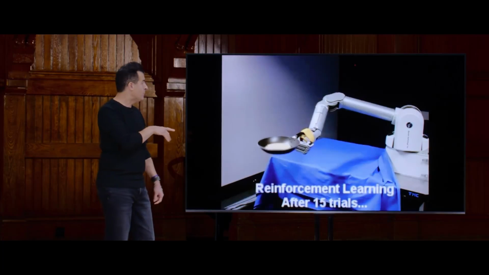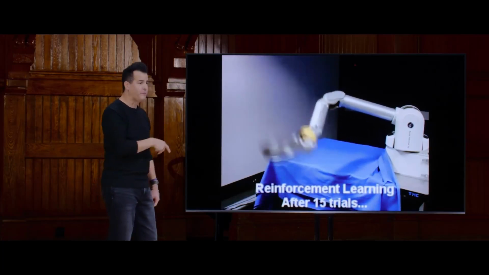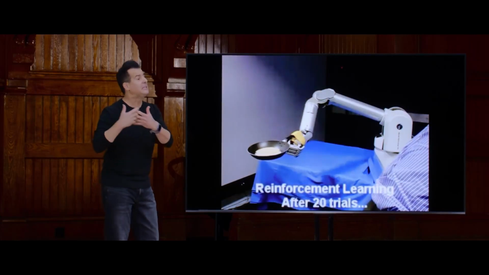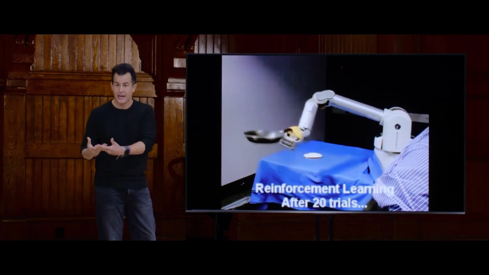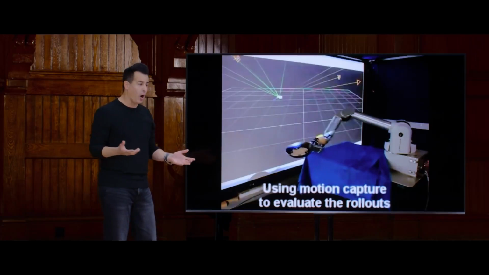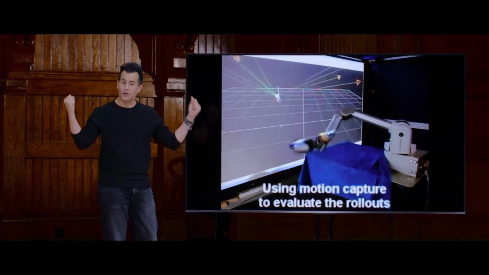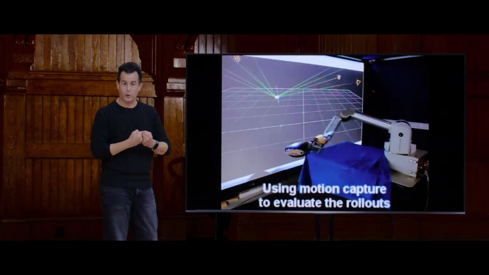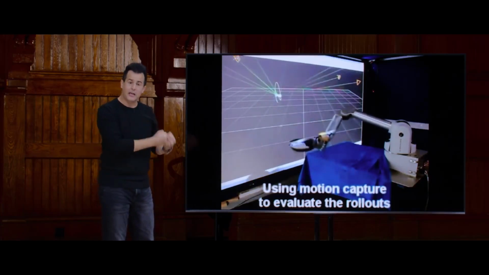Or conversely, every time the robot screws up and drops the pancake on the floor, a sort of proverbial slap on the wrist, a punishment so that it does less of that behavior the next time. And any of you who are parents, which by definition today many of you are, odds are, whether with treats or maybe just verbal approval or reprimands, you have probably trained children at some point to do more of one thing and less of another.